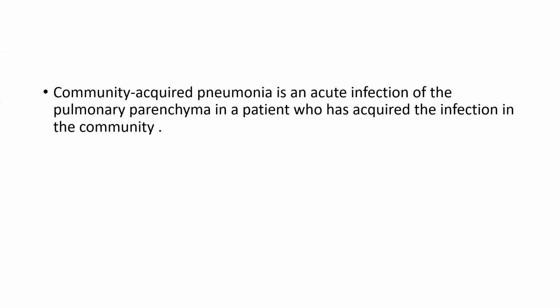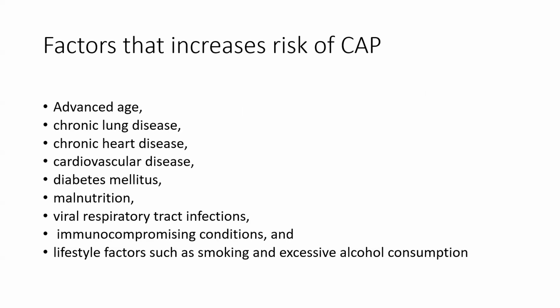So we will see what is community acquired pneumonia. Community acquired pneumonia is an acute infection of the pulmonary parenchyma in a patient who has acquired the infection in the community. Factors that increase the risk of community acquired pneumonia are advanced age, chronic lung disease, chronic heart disease, cardiovascular disease, diabetes mellitus, malnutrition, viral respiratory tract infection, immunocompromised condition, and lifestyle factors such as smoking and excessive alcohol